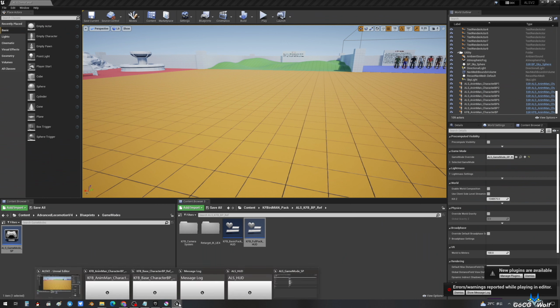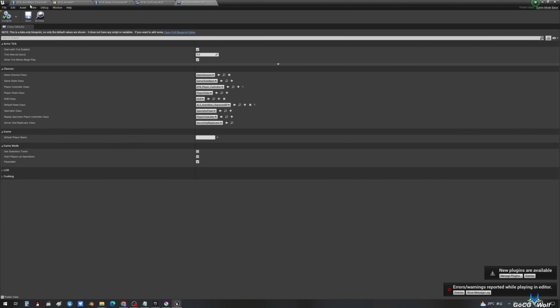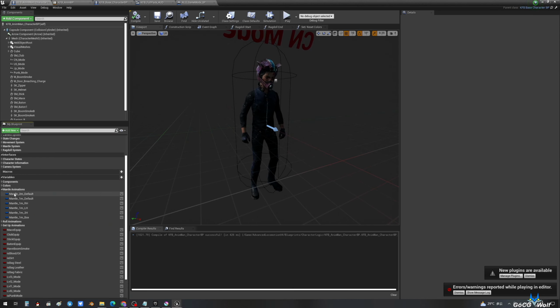Let's go back to the character blueprint. Some animations haven't been imported yet.